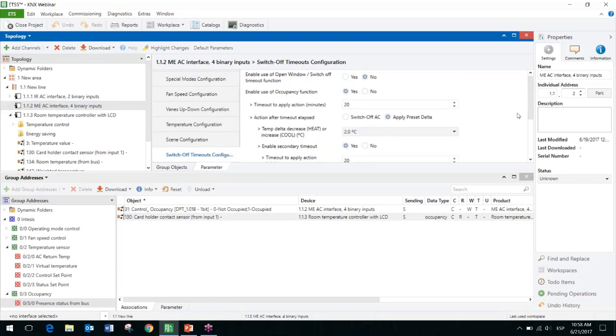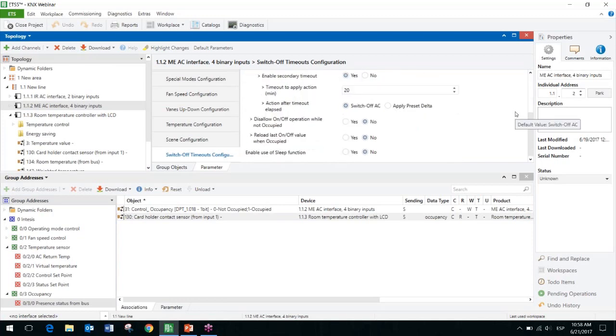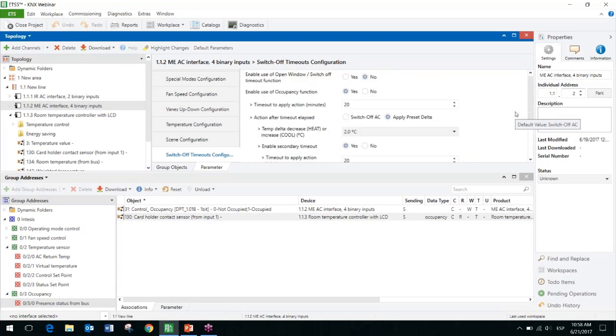So as soon as I get the signal that there is no presence, the first action is selecting here. For example, I will reduce my set point 2 degrees. And also, if I want, I also can enable a secondary timeout by using this parameter,